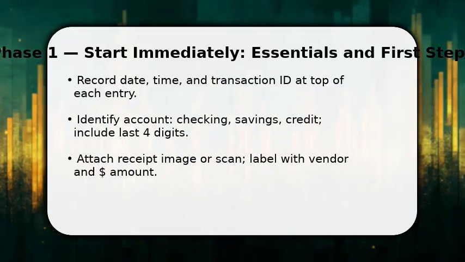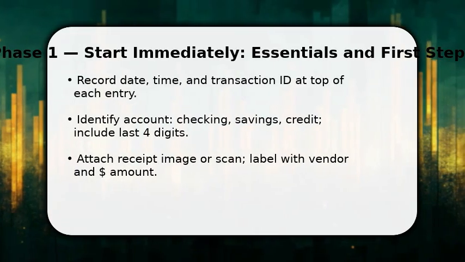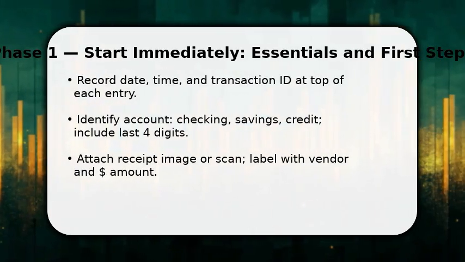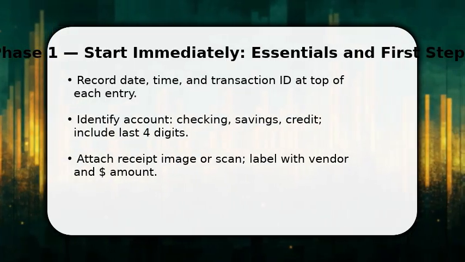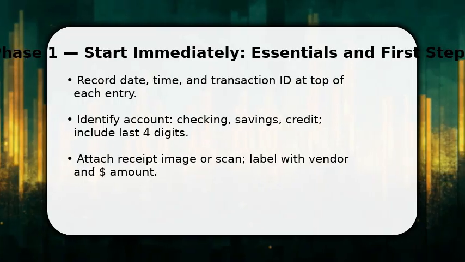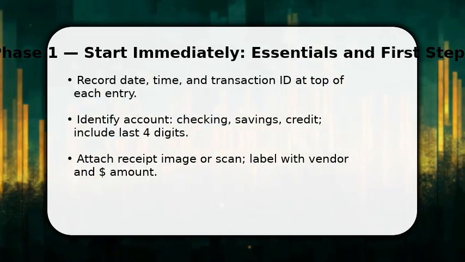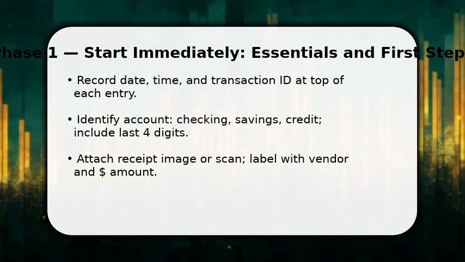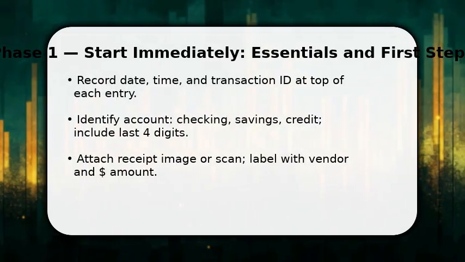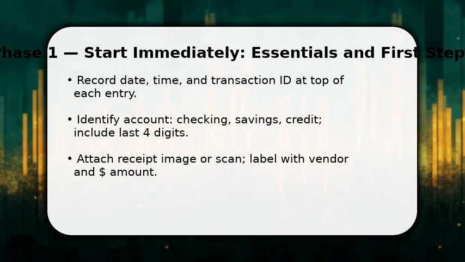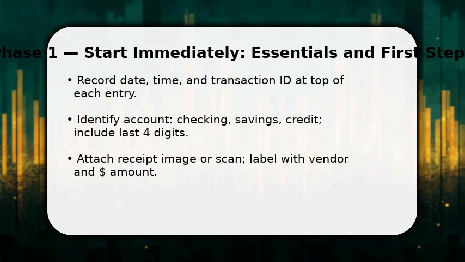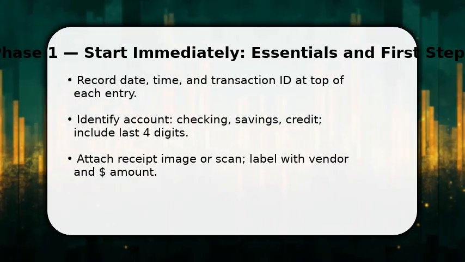You begin by entering the essentials now: date, time, and transaction ID so every line is traceable. Next, note which account is affected, checking versus credit, and include the last 4 digits for quick reference. Once done, attach a receipt image or scan and label it with vendor name and dollar amount. This prevents future guessing. Finally, assign a basic category to the transaction so subsequent reconciliation and reporting will be faster